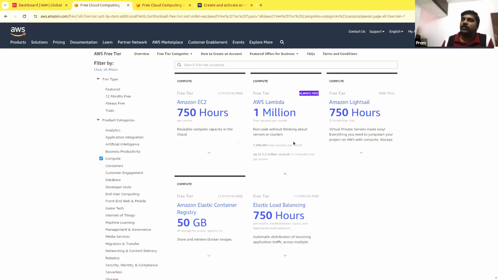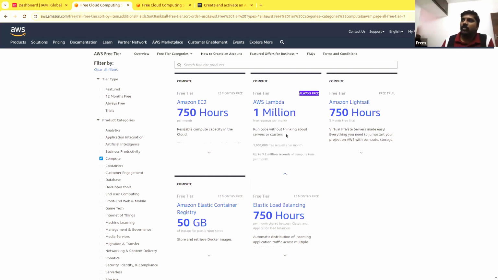So assume that you are going to have a function running that will get user details and store it in a database, right? If that is the only function that will be happening, then in a month 1 million user registrations can be done, and it's always free.